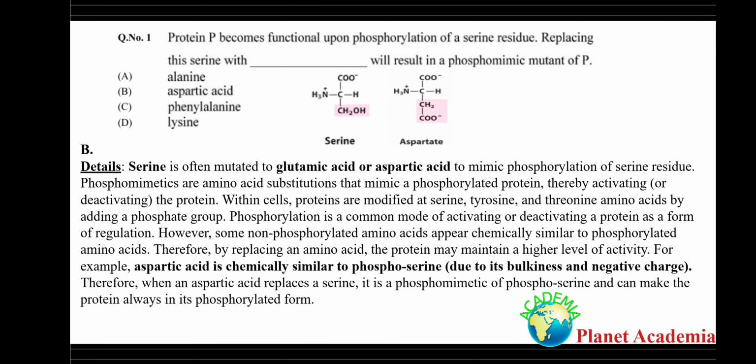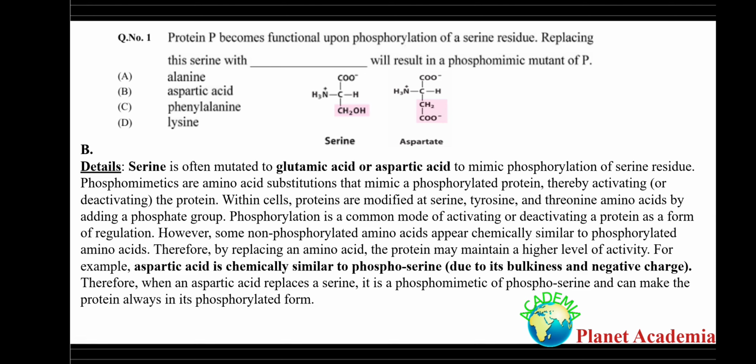Hi audience. So this is the next part of the series where I'm explaining question number 1 to 5 of the biotech section of the GATE Biotechnology 2020 question paper, right? So the first question is: protein P becomes functional upon